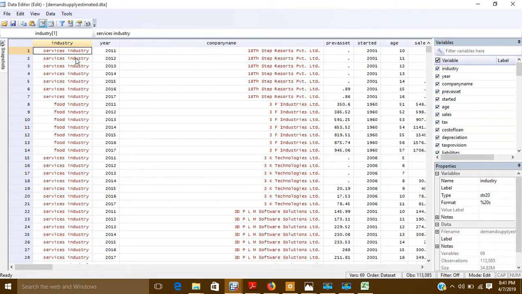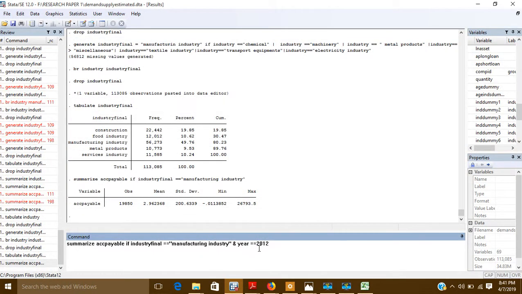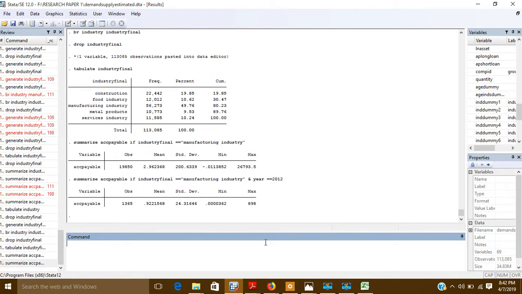So now it will see only those manufacturing industries which are for 2012 only. So summarize this. Here we have 1365 such observations, and the mean, standard deviation and minimum and maximum values are given like this. So this is how you can use the various operators